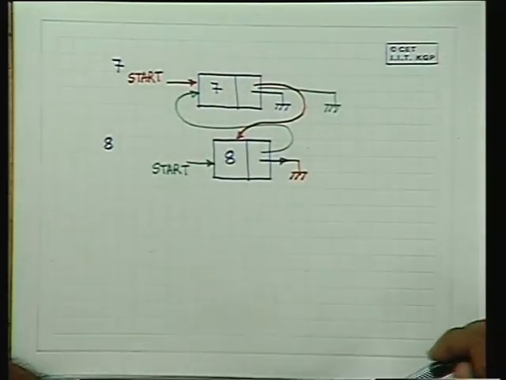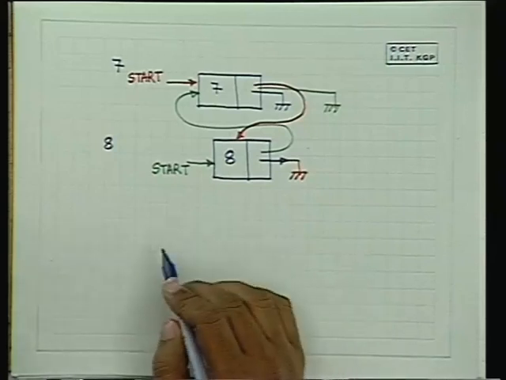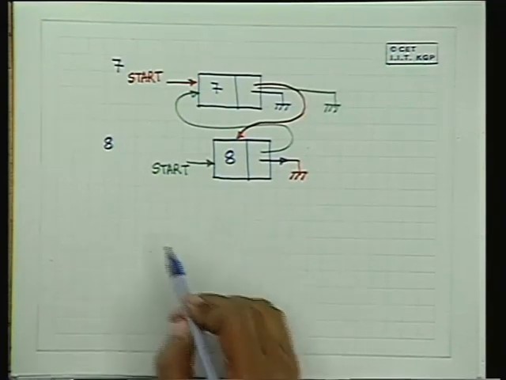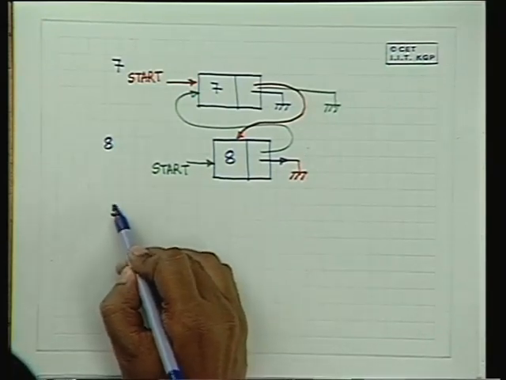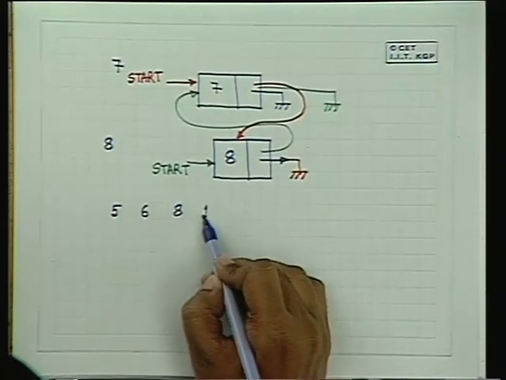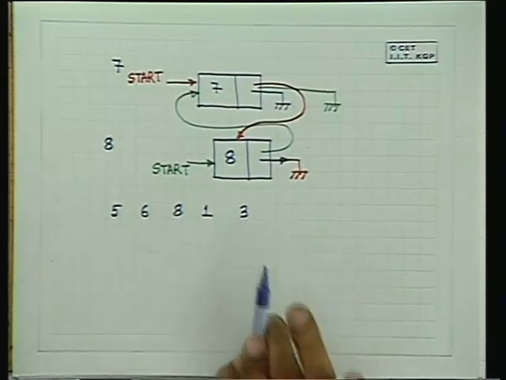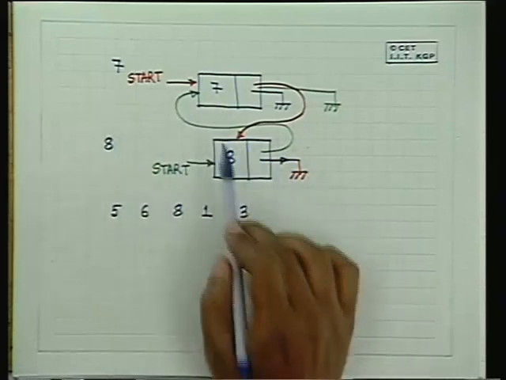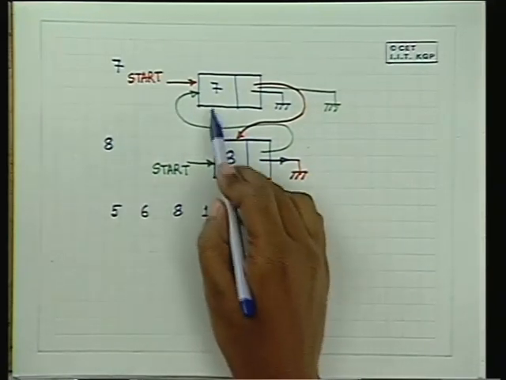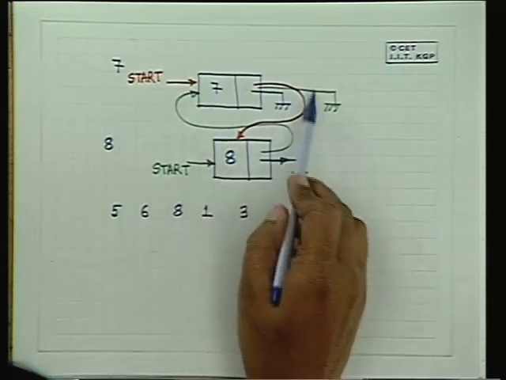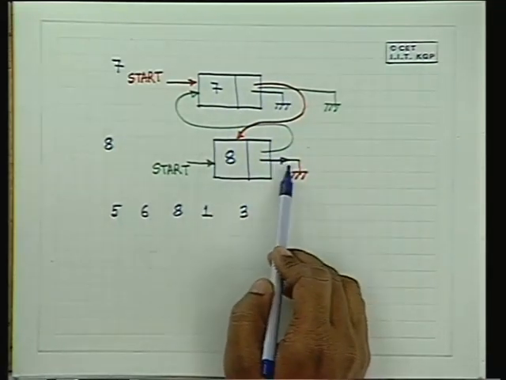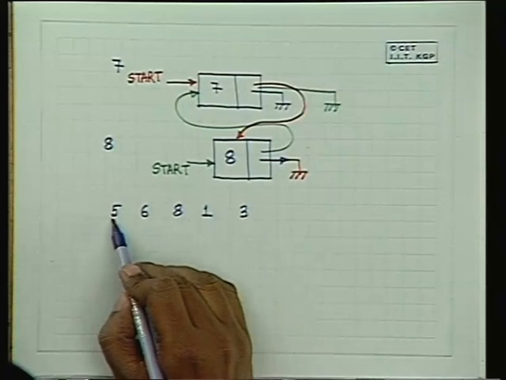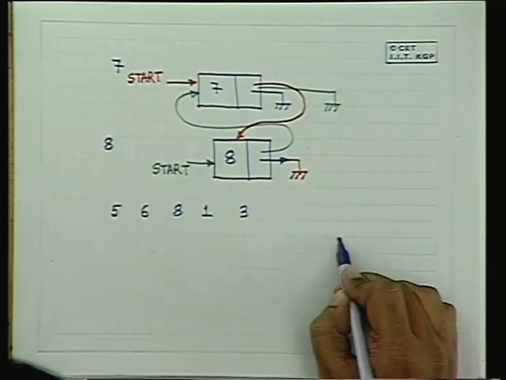And while you are reading in the data, suppose you read in a set of 10 elements and then you don't want to read anymore, and suppose you have read in the elements 5, 6, 8, 1, 3, and then the user says I want to enter no more data. Then in this linked structure in the green format, the new element is put in the front, and in the red structure the new element is put at the end. So if we put it in the front, then this comes first, this comes second, then after the whole linking is done,